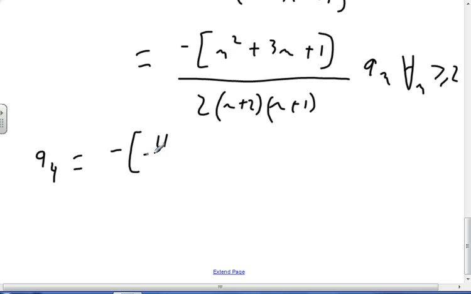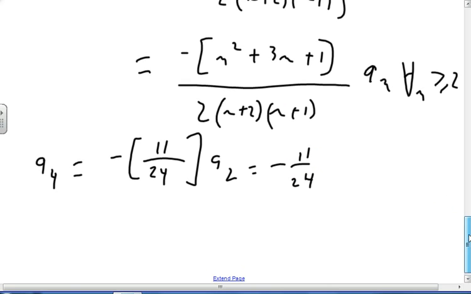So I got 11 on top. I've got 2, which is 4, times 2 is 8, 8 times 3, 24 on the bottom. So n is 2, a2. I have 4, I have 6, I have 11. I've got n is 2, I have 4 times 3 is 12, I have 24, minus 11 over 24